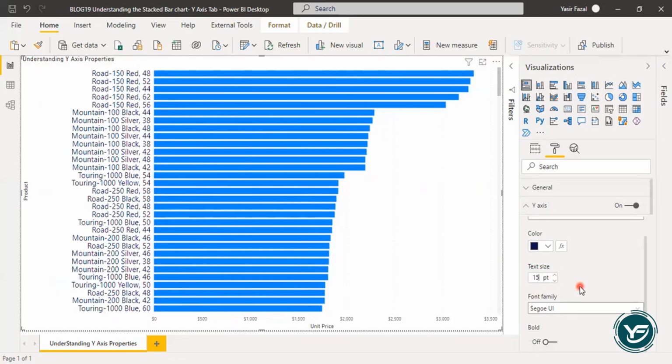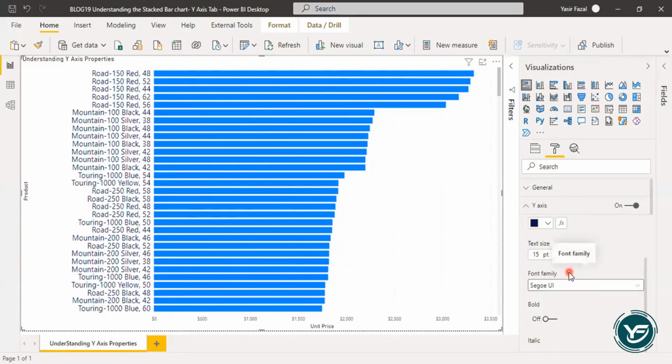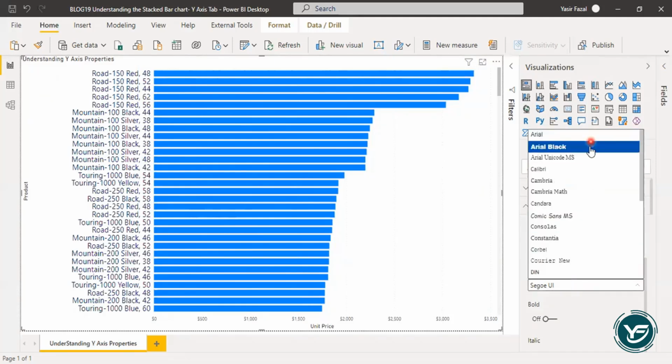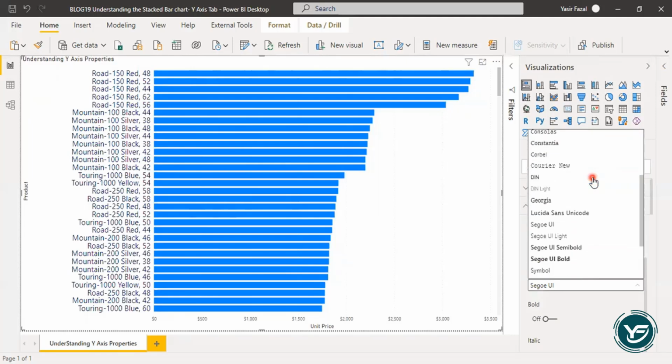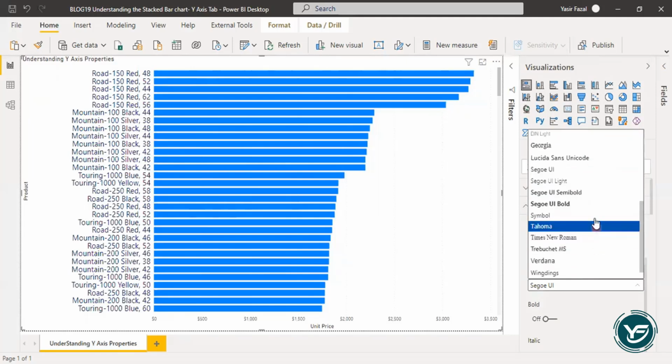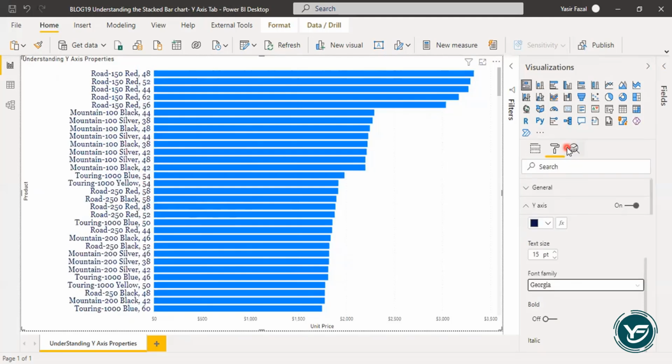Also, if you would like to change the font family of the text, you can select the various fonts that come in over here. So let's suppose I click on Georgia. You'll see that in one go, it will change the text size and font family.